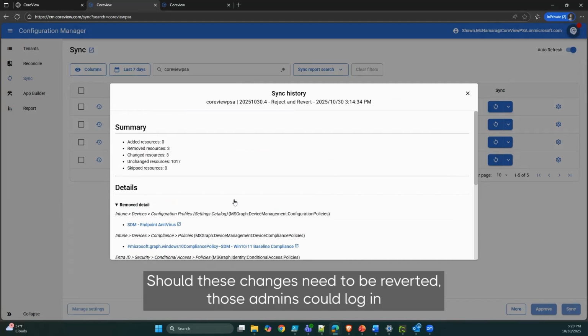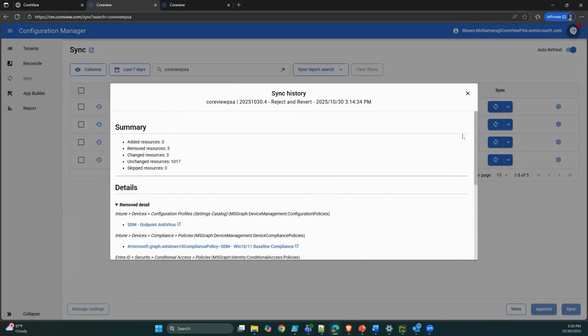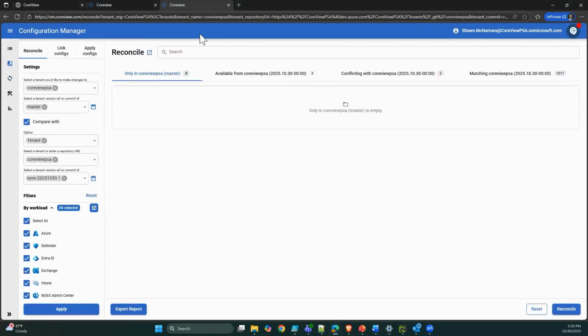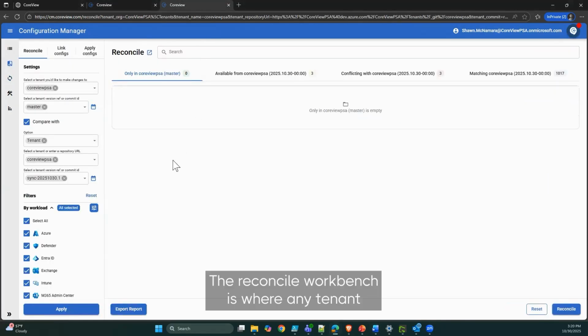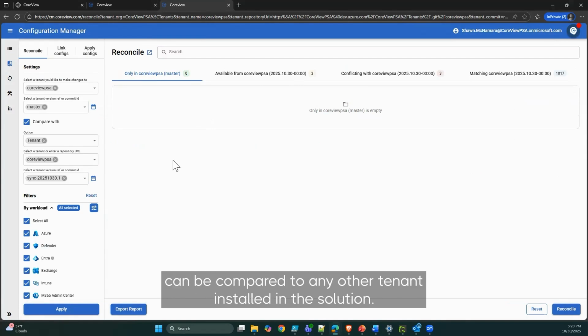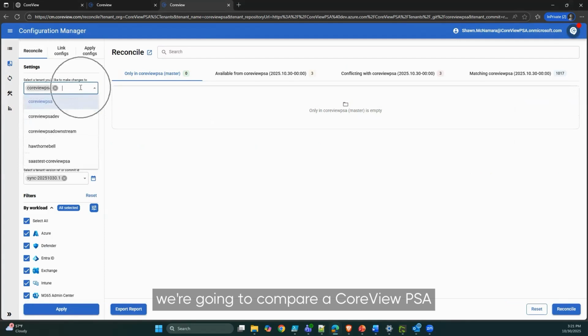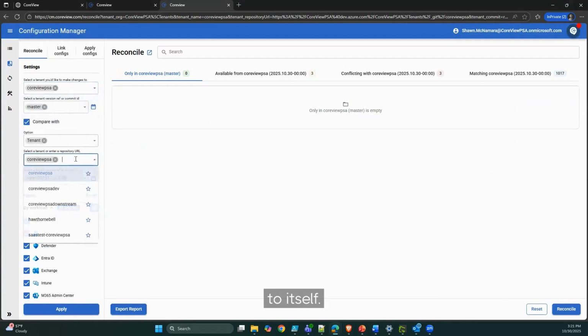Should these changes need to be reverted, those admins can log into the config manager solution and hit the Reconcile tab. The Reconcile workbench is where any tenant can be compared to any other tenant installed in the solution to align those tenants' configurations. To recover configurations, we're going to compare CoreView PSA to itself